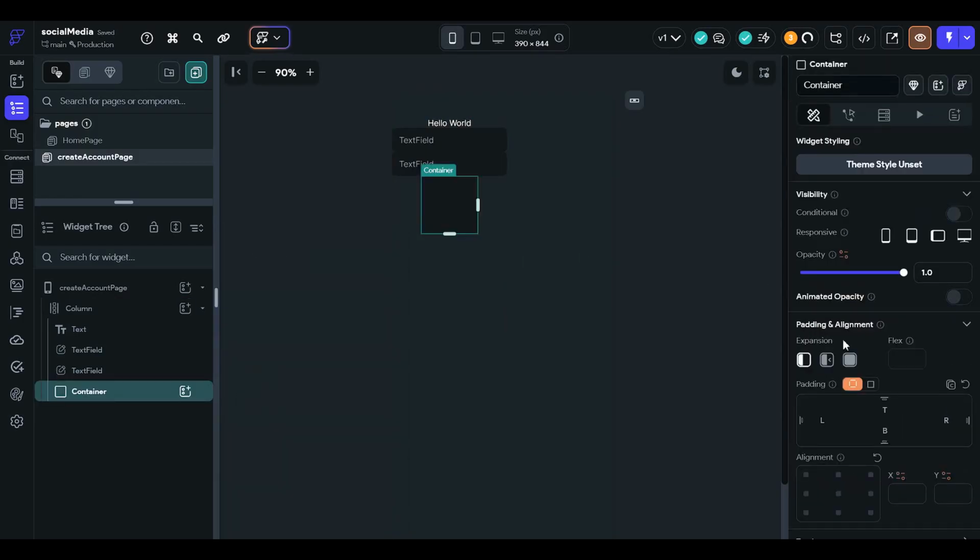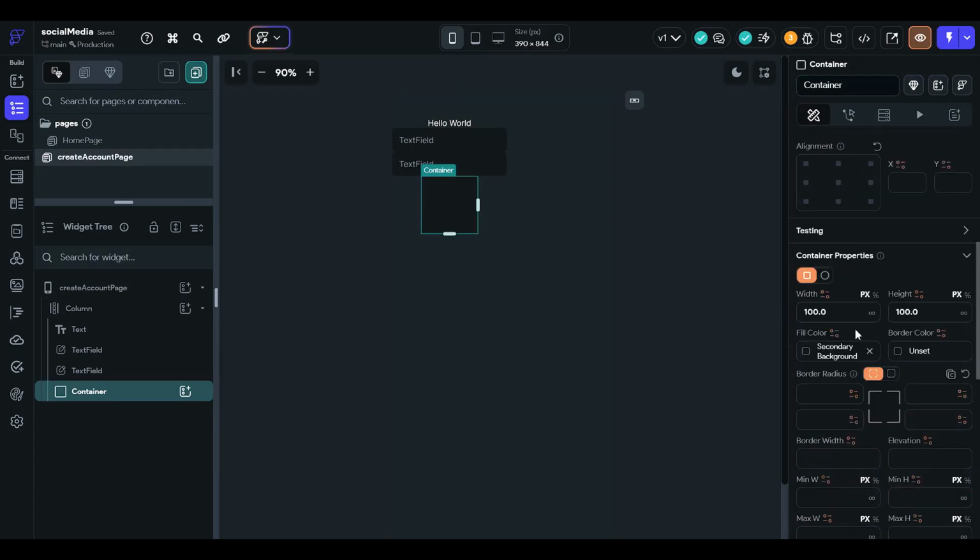system. So for now we are going to add two text fields and one text. We will wrap all the things in a container, and we also will add a column in the container.